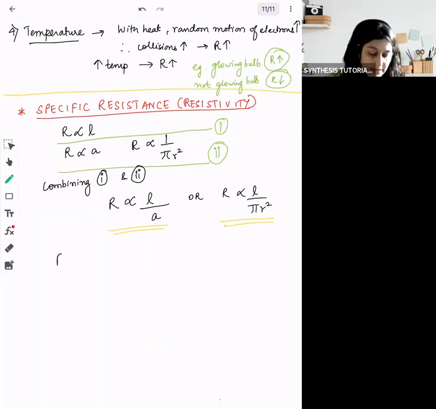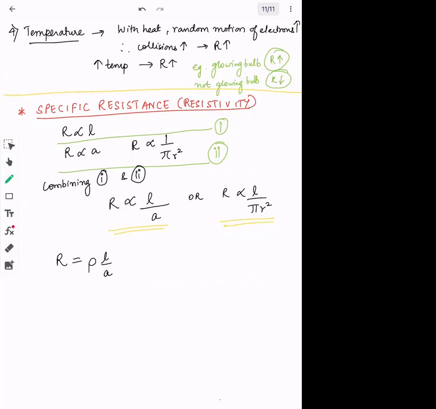So if I want to equalize, this will become R equal to, proportionality का sign निकल गया, ये एक P जैसा कुछ है. इसको ही हम resistivity बोलते हैं. ρ L upon A, या R equals to